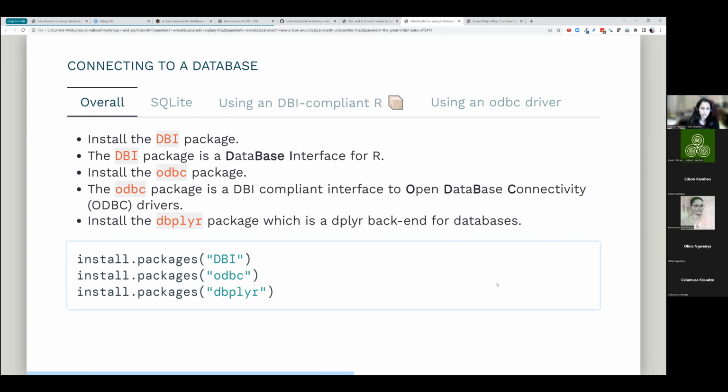Okay, so connecting to a database. We need a couple of core packages, and there's a certain way that we connect to the database. We need to install the DBI package. What the DBI package does is make the front-end API that we work with as a user common, and it leverages the other drivers and packages behind the scenes to talk to that particular dialect